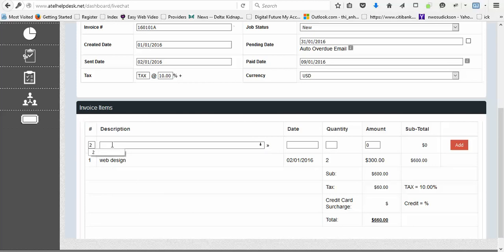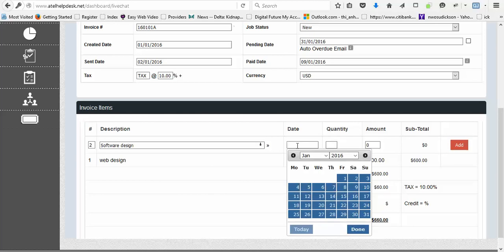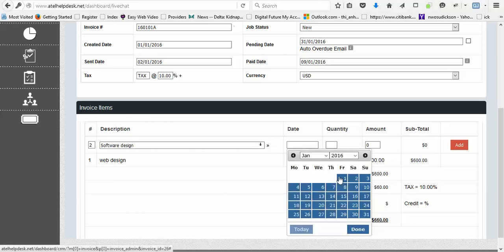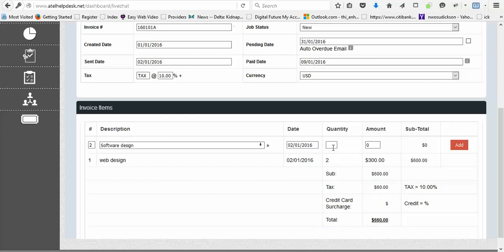These two. Let's say software design. Maybe I should have added this in the product side as well before, so that the system can easily pick that. What is this one? Let's see what this means. I don't know what it means, so you need to check what that means. So date is today, quantity is 5, amount is 4,